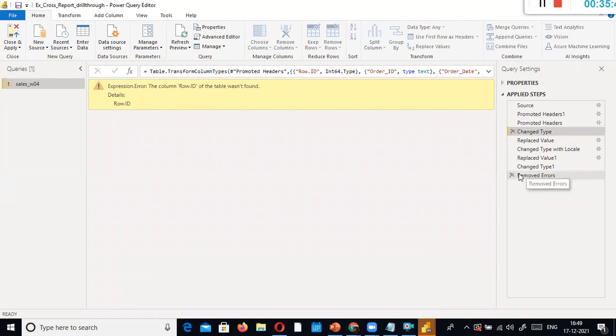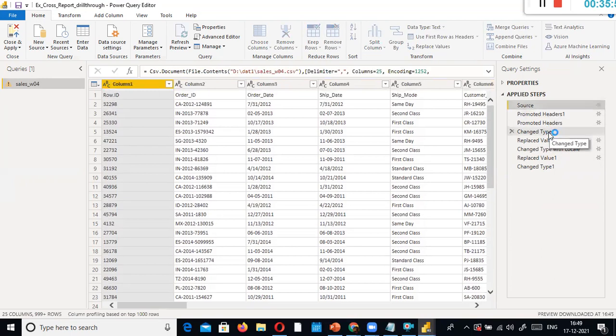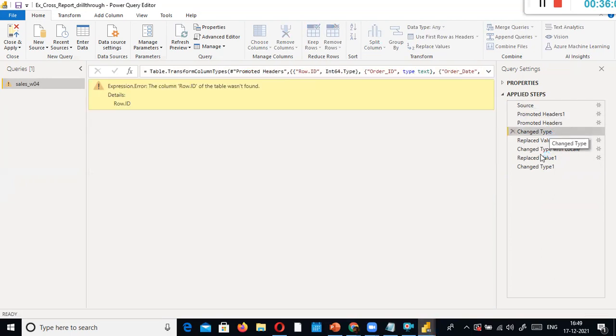Go to error. Let me do one thing: remove errors, I remove it, change it, replace value, change it, and promote headers. Change it. This is where some problem is happening. I just remove this step also.